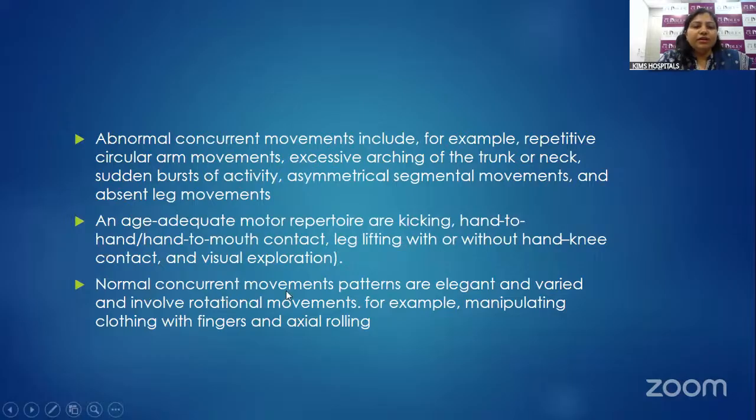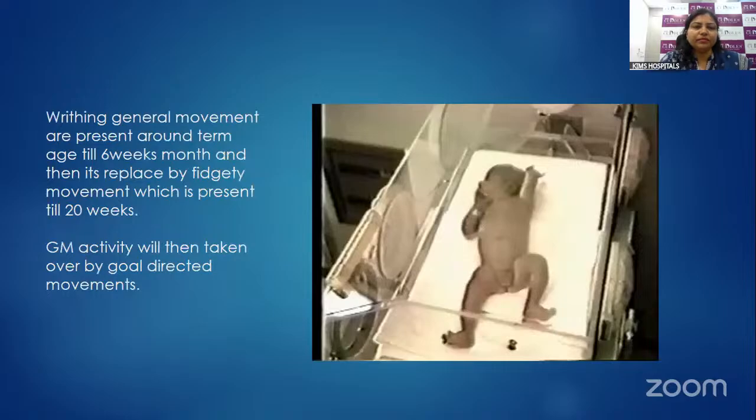Normal concurrent movement patterns are elegant and varied and involve rotational movement. For example, manipulation, like they're holding the clothes, or axial rotation, where the movement will be smooth. So if you will observe here,